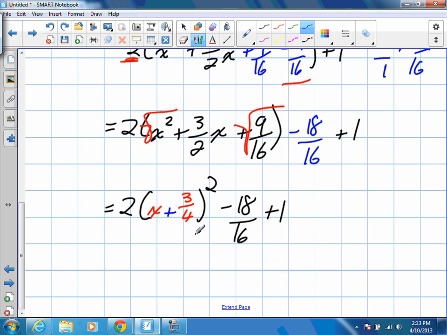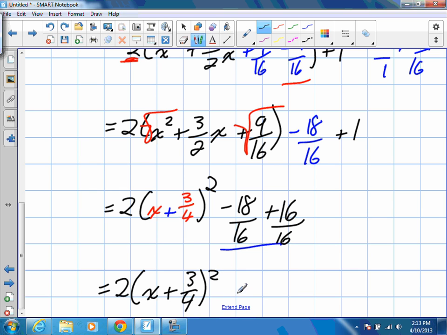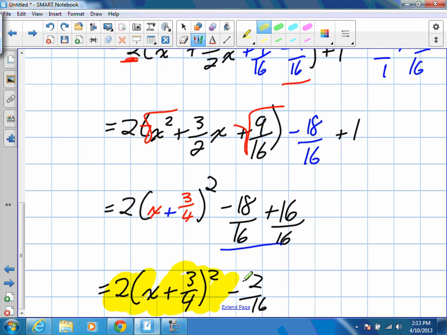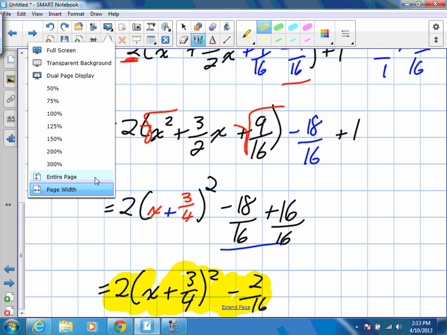All I got to do is simplify these last two terms. I want you to think about this. If I got to make this a denominator of 16, 1, what is it? Well, it's just going to be 16 over 16. That's what 1 is. That value over the other. So when we simplify, we'll have 2 times x plus 3 over 4 squared minus 2 over 16. Everything's in fractions without using a calculator. So can you just put minus 2? It won't be negative 2. It's negative 2 over 16. Does it